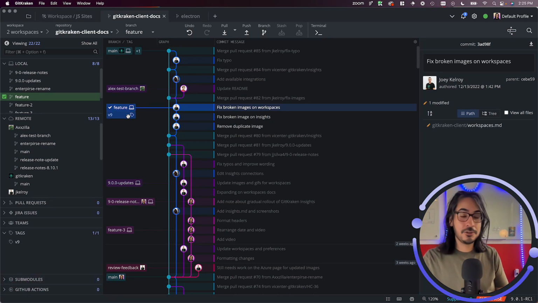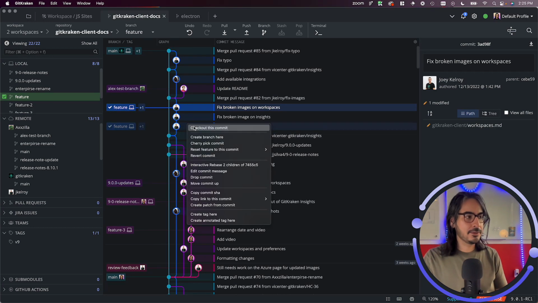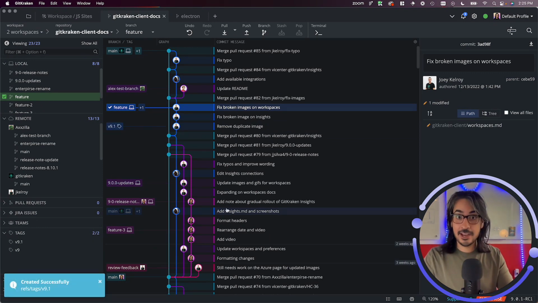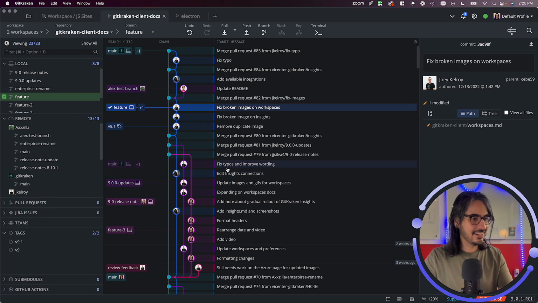And then in this case, you notice that I also have tags available. So tags can be created very similar to how you create a branch, but instead of choosing the option to create a branch, you'll choose the option to create a tag. And when you create a tag, let's do, let's see, 9.1, for example. Oh, it looks like we allow dots in naming the